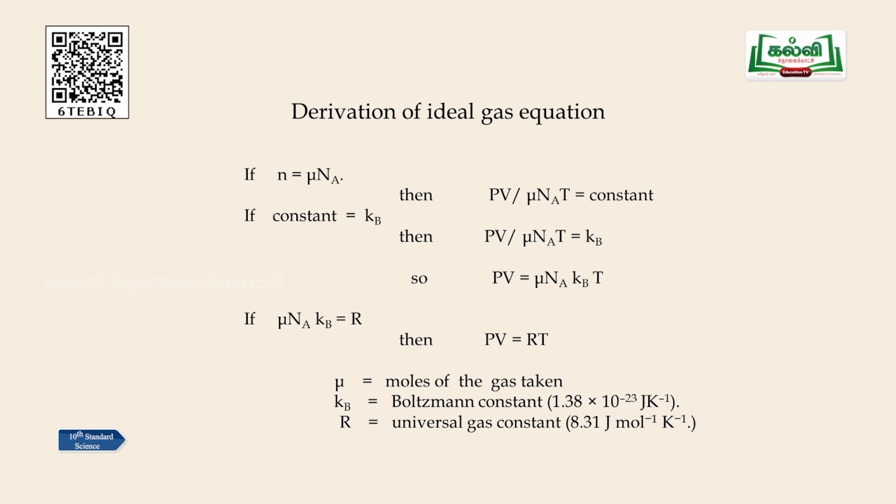So you replace them by a term called R. Your nu Na Kb can be replaced by a new term called R, which is called the universal gas constant, because they are all constants. When you multiply all the constants, you will get another constant. Therefore, its new name is universal gas constant, and it is given the symbol R. So your equation will change into PV is equal to RT. Now, this is our final ideal gas equation. It is a very important 5-mark or even 7-mark question. They can ask you to derive the ideal gas equation. So this is the last equation, PV is equal to RT.